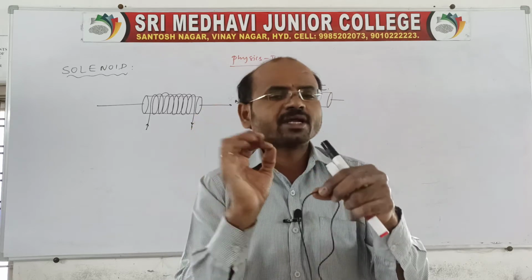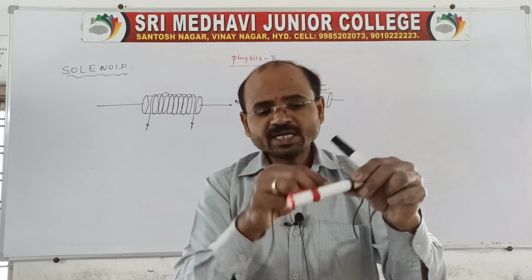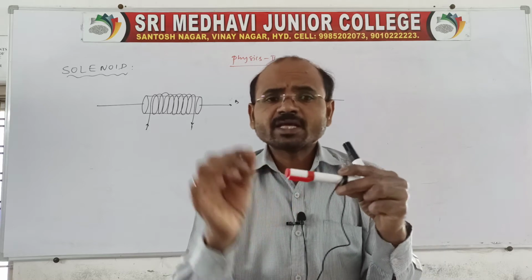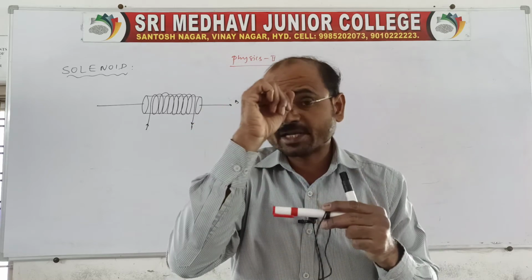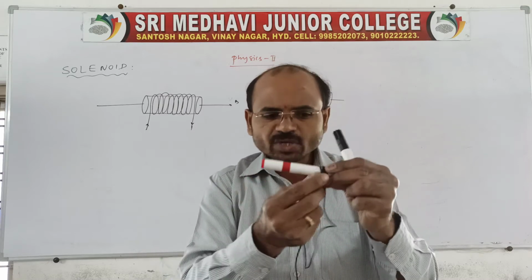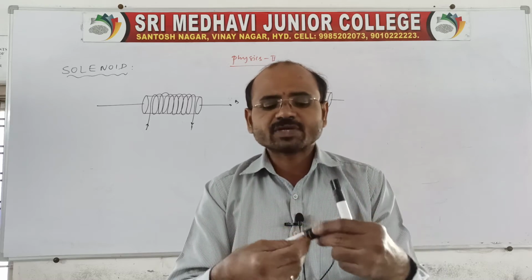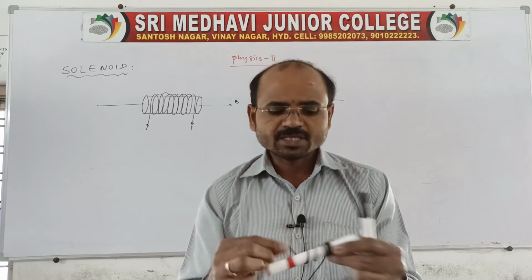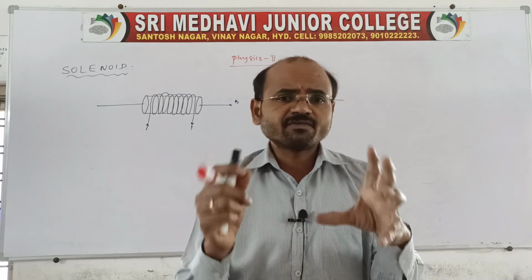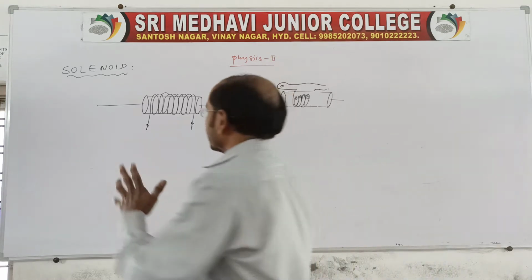Like that, a solenoid also consists of a number of turns of insulated wire wound in the form of a circle like this. Here the insulation acts like an insulator. Each and every turn is insulated, and the number of turns are wound on the solid cylinder, which we call a solenoid. The solenoid is a device used to produce magnetic field induction.